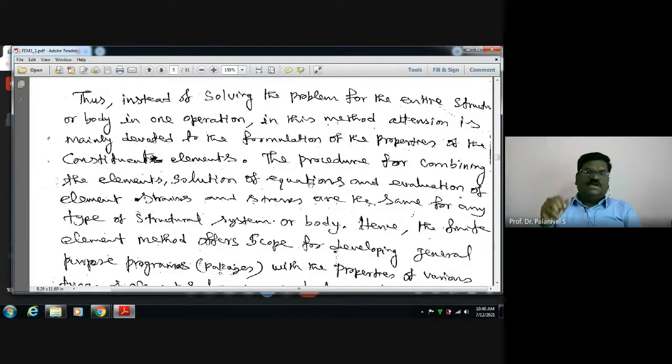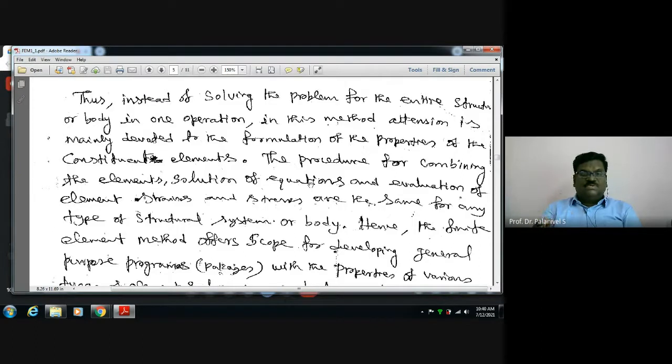You are going to formulate the shape function for it. That is, the derivation and development of the shape function for each element, and then the development of the element stiffness matrix. These are the properties. How do you get the stiffness? From the element properties, the geometrical and material properties. Stiffness needs the geometrical property as well as the material property.